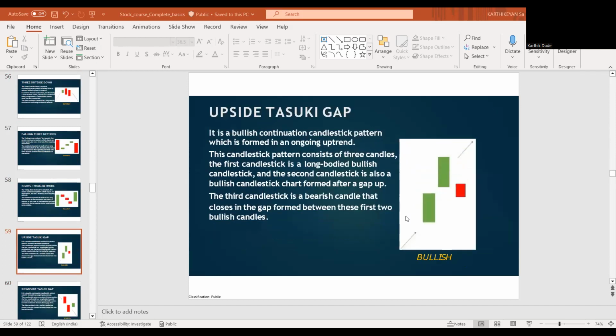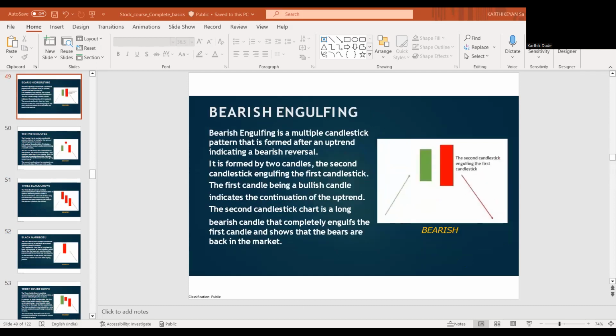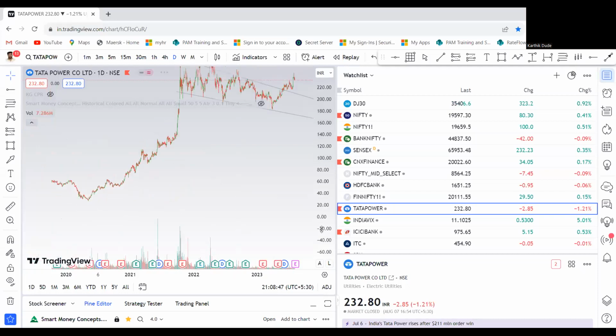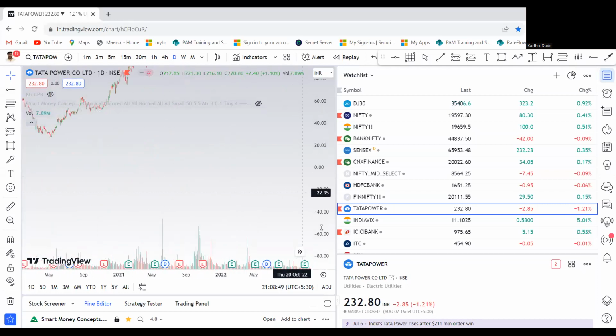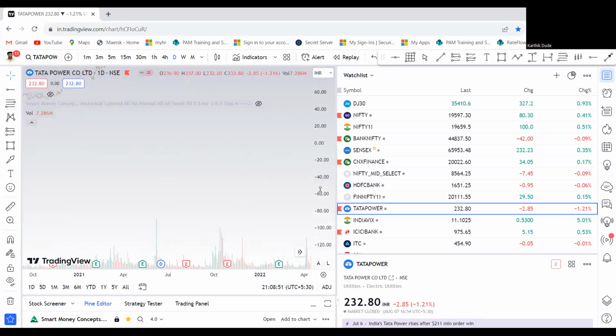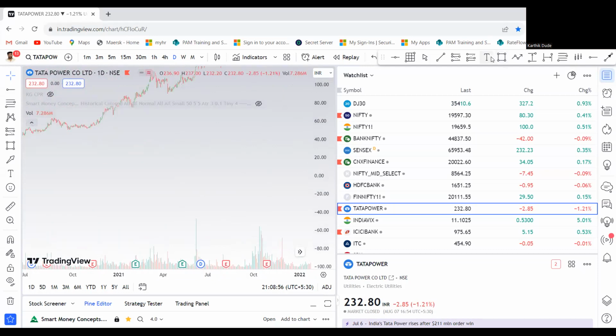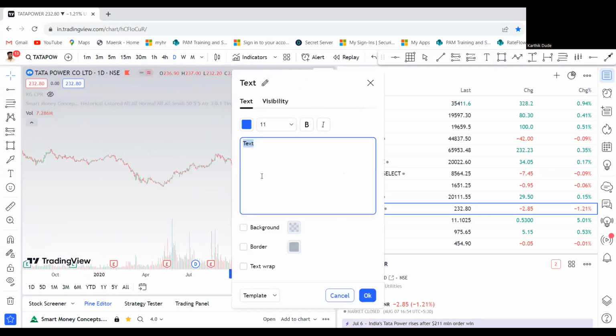So that concludes the candlestick patterns. One more topic I just want to highlight, which I should have done in the initial session, but I forgot completely. There are some terminologies which I use, which should be known by you guys before starting in the market. So the first one will be